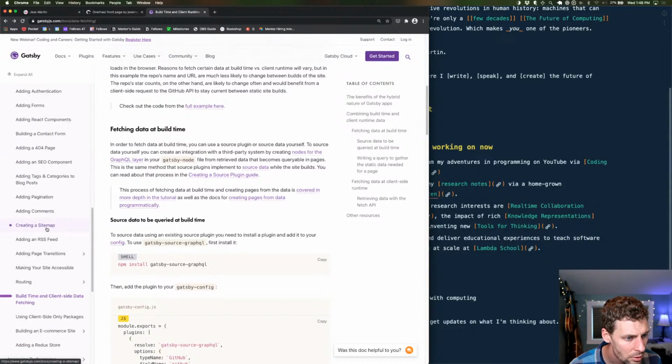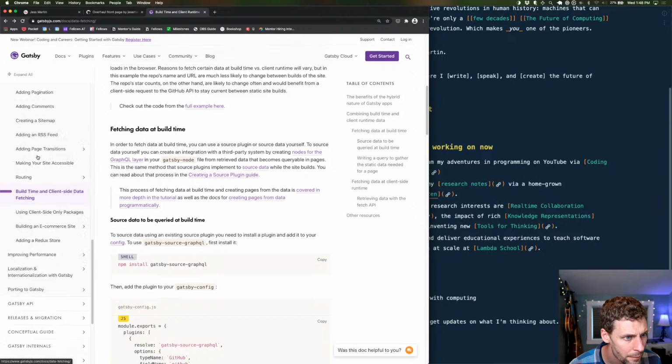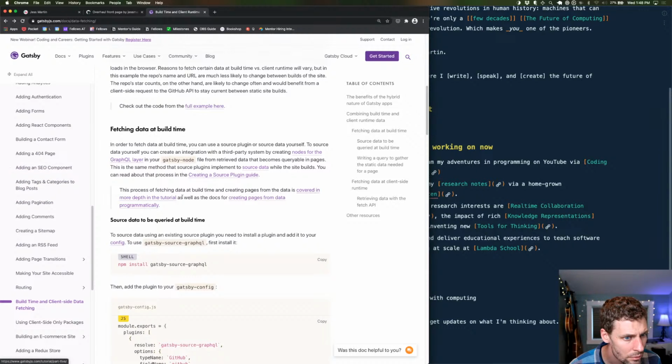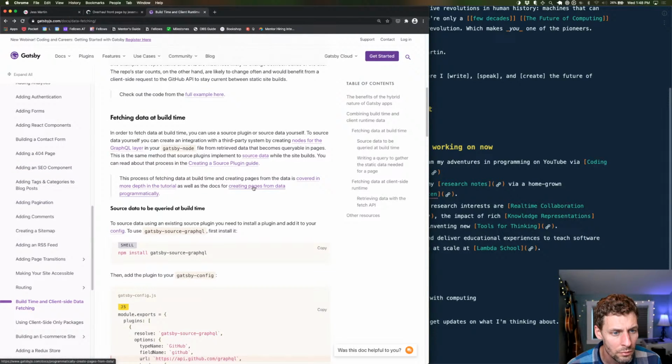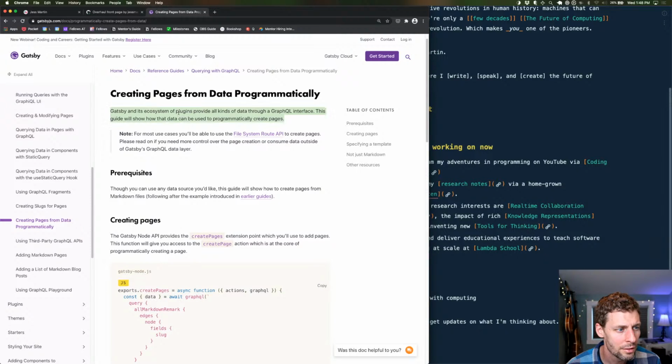So, Gatsby. Creating pages from data programmatically. Here we go. Gatsby and its ecosystem of plugins create all kinds of